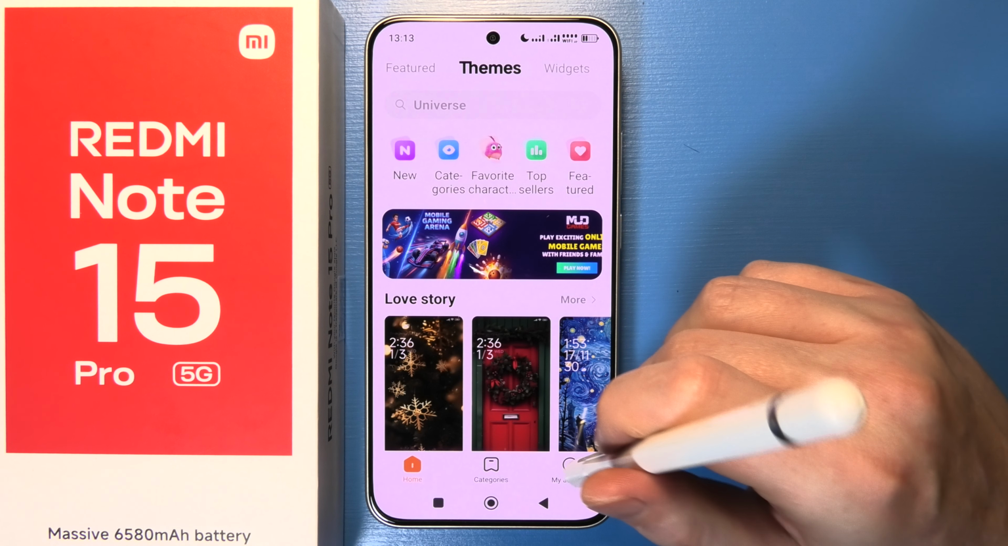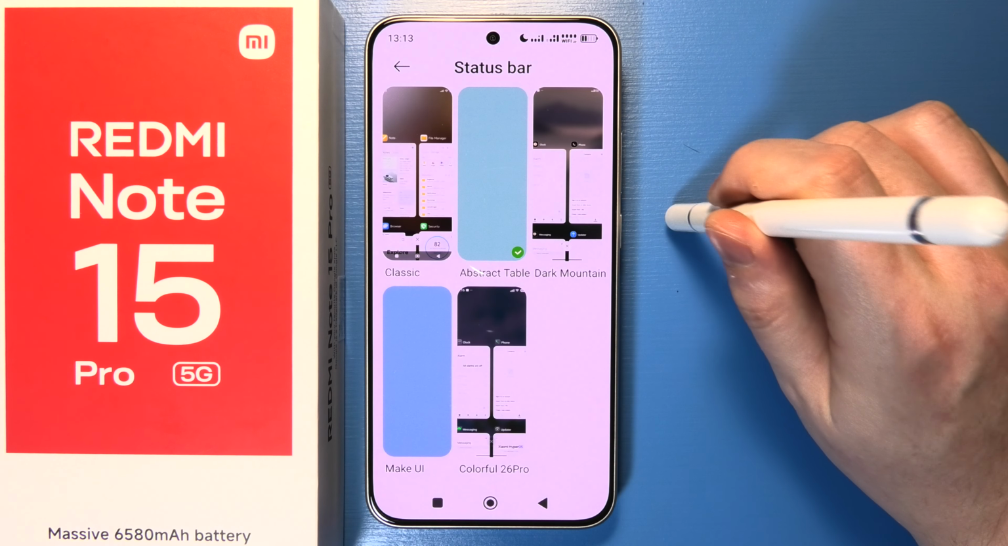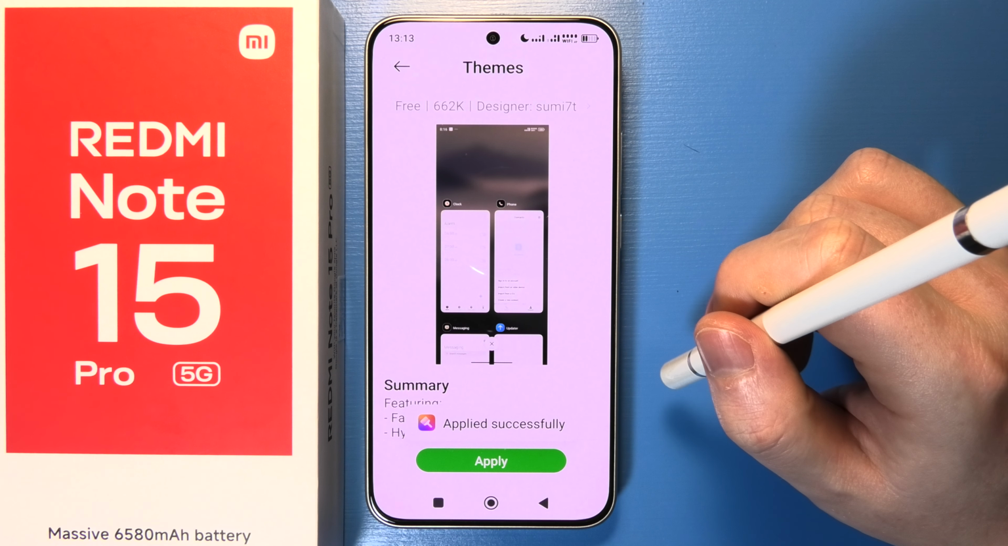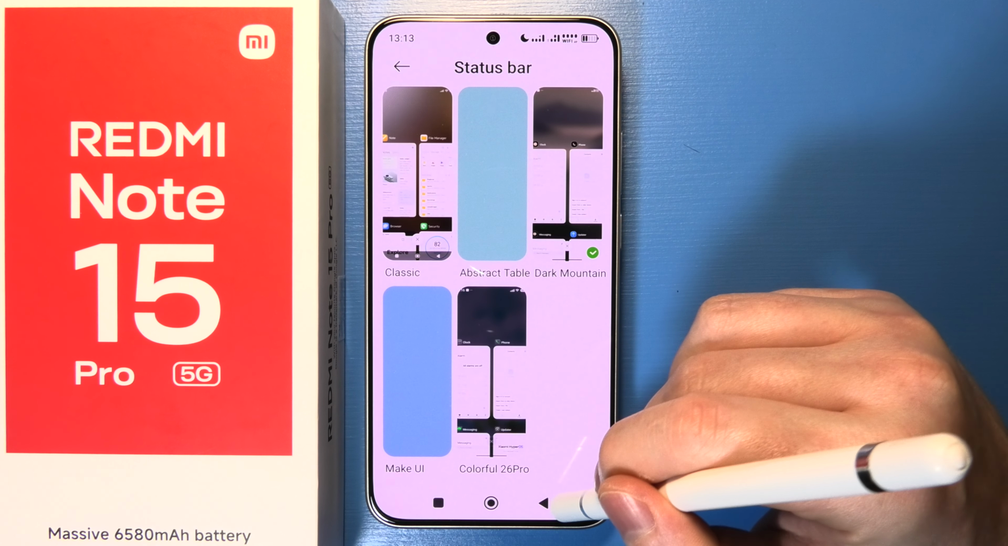Then select my account right here and go to customize theme. Select the status bar and then you can apply whichever status bar you want to use. But keep in mind that if you cannot find any other status bar than the classic one, you might need